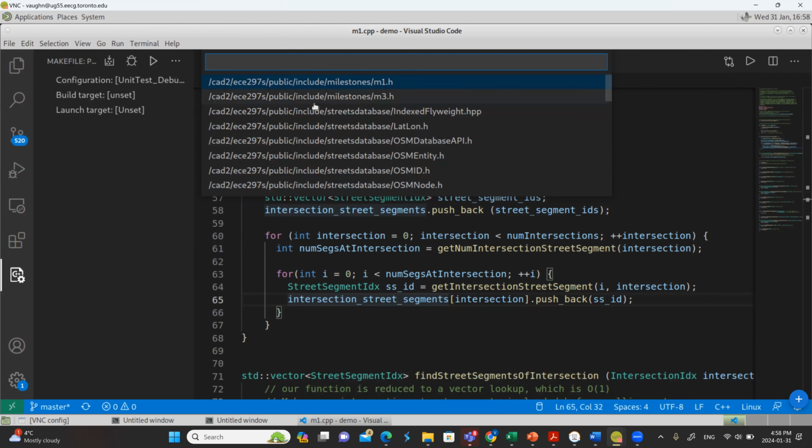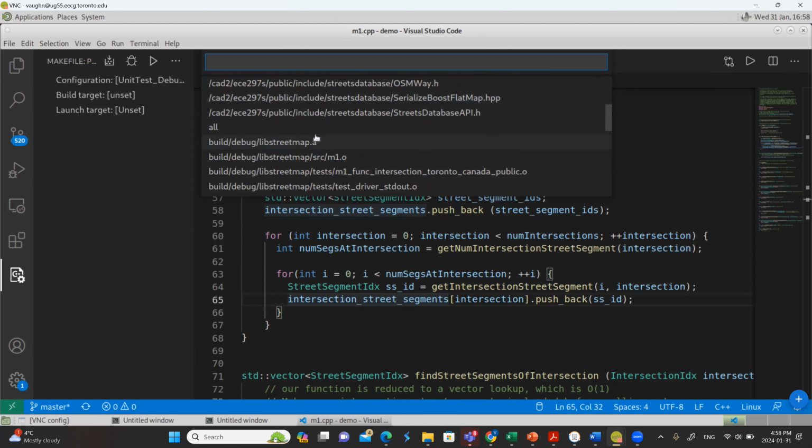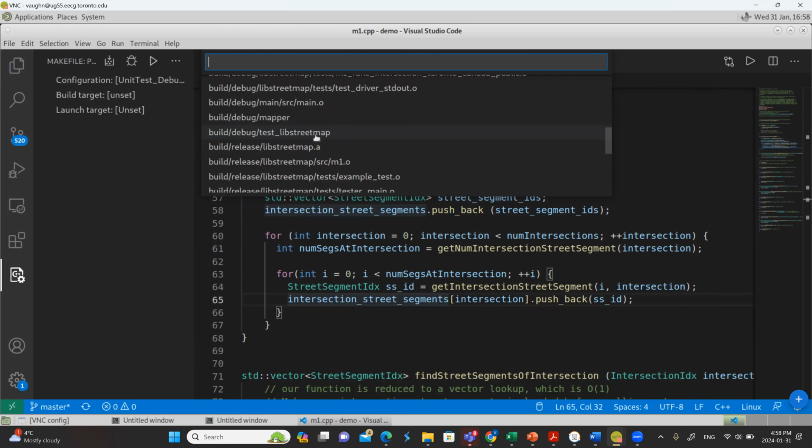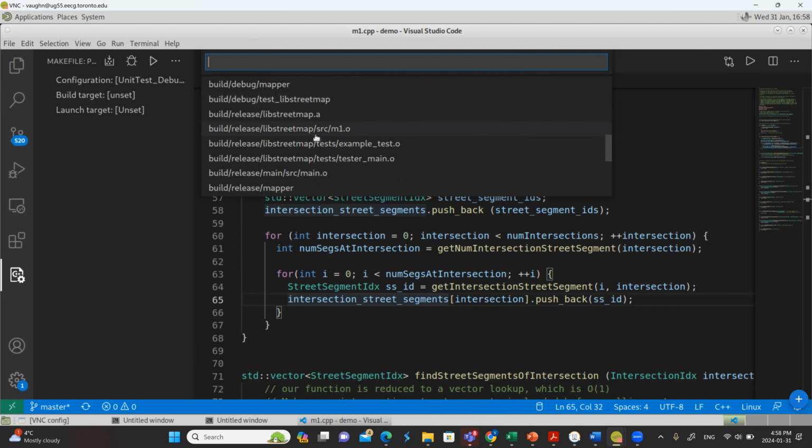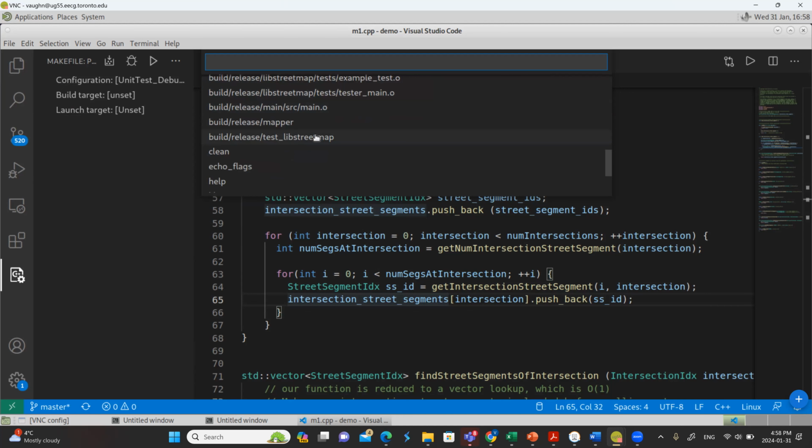All right, I'll look for it here. Basically, I'm telling it I want to debug the unit tests, so make the unit test debug configuration. That's what I want to build. I have to tell it the name of the program that I'm trying to build, and let's see, I'm going through this carefully to get the right one.